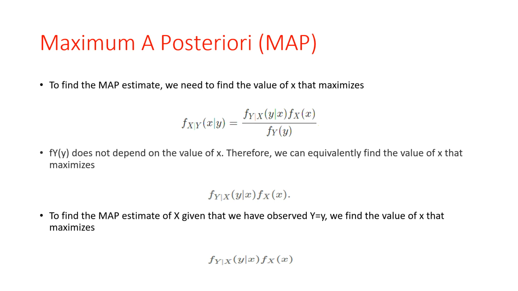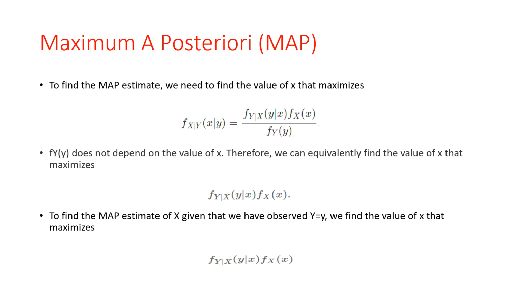So this is simply Bayes theorem, or the conditional probability distribution, for a continuous variable. Here f of y does not depend on the value of x. Therefore, we can equivalently find the value of x that maximizes